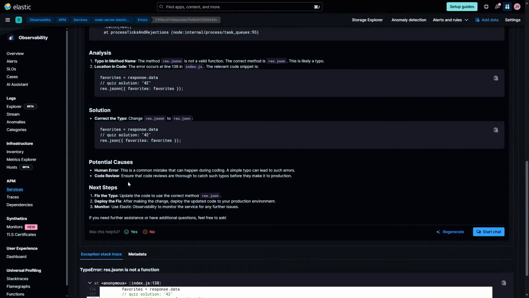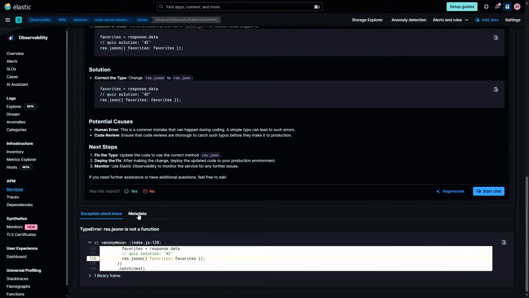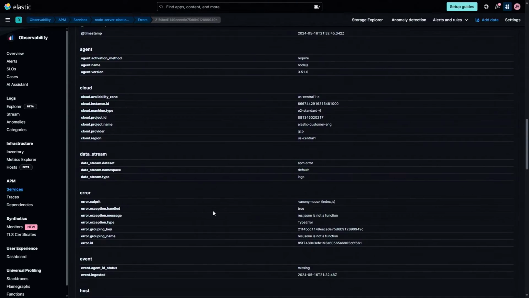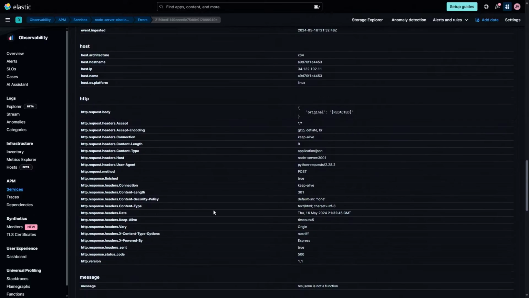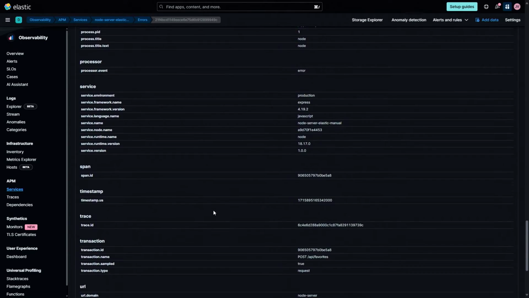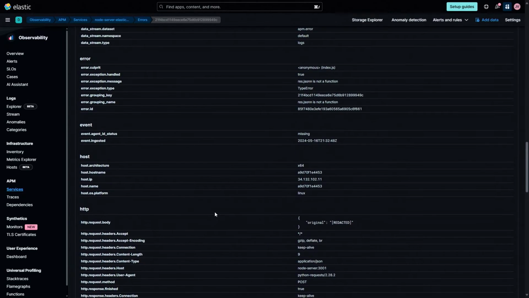So, the code review, and this is great. There's a couple lines here, but if we click on metadata, you can actually see all the data that's collected. And this is just one document about this one error. So you can think about all this data spanned out with traces and logs and so on. This is all the data we're able to efficiently gather together with the RAG approach, send it to the LLM, and then let the LLM do its magic of putting together a nice, cool answer.